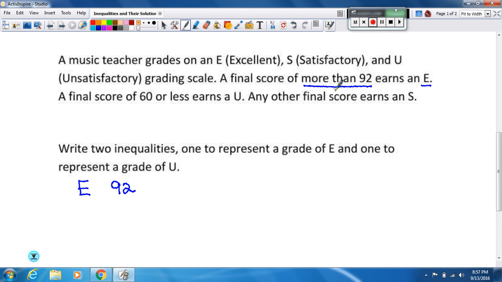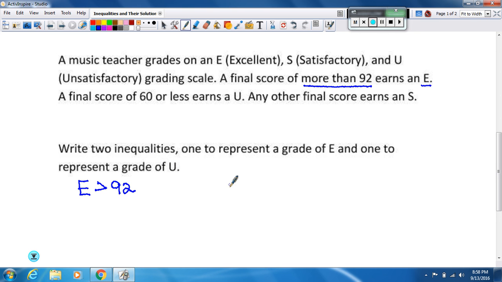Now, it says more than 92, so that means it couldn't be 92, it has to be more than 92. So, E has to be greater than 92. And it also says